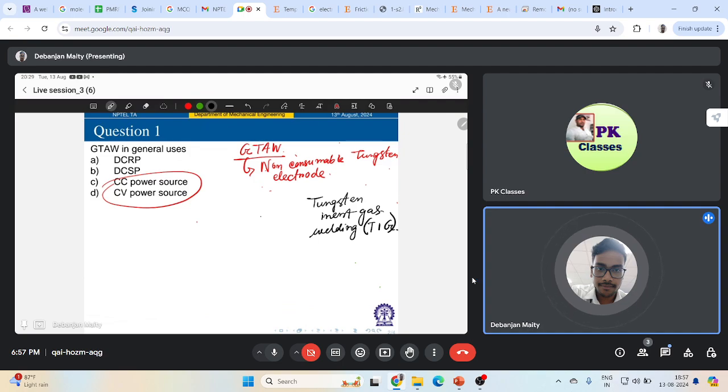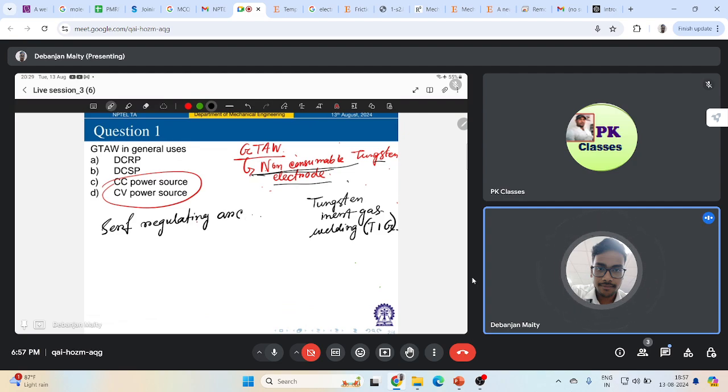We are saying that in gas tungsten arc welding, we are using a non-consumable tungsten electrode. So is there any need for constant voltage power source? So constant voltage power source is generally used when you want to use some self-regulating arc,